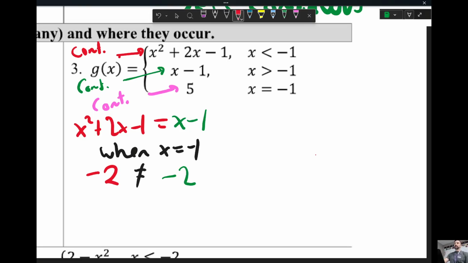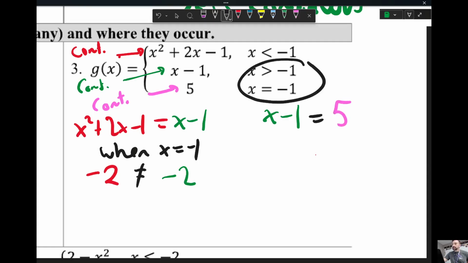Okay, so those have the same y value at x equals -1. So can I say g of x is continuous now? No. Because there still might be a break handing off from this middle function to this bottom function. So I want the middle function and the bottom function to be the same at x equals -1, where it stops being the middle function and it